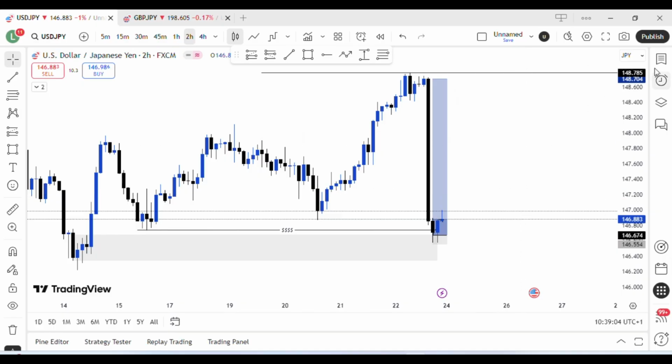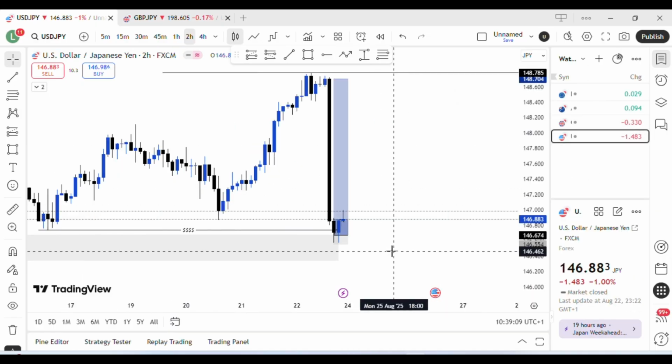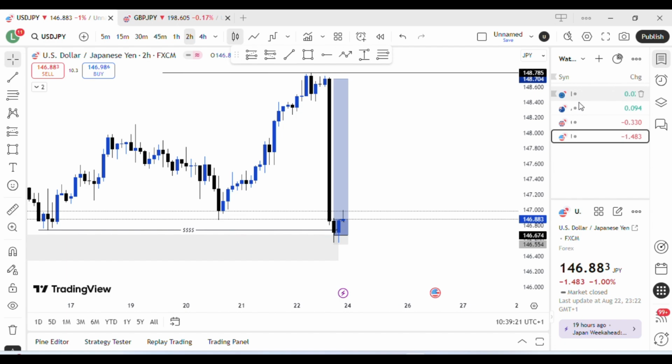And don't forget, if any JPY pair is buying, USDJPY, EURJPY, AUDJPY, all of them will be buying. If GBPJPY is buying, EURJPY will be buying, AUDJPY will be buying. Okay, let's check